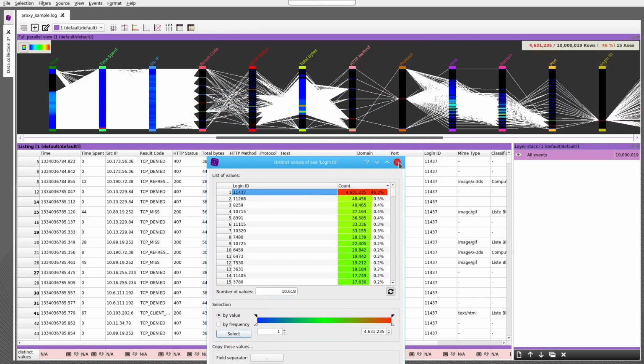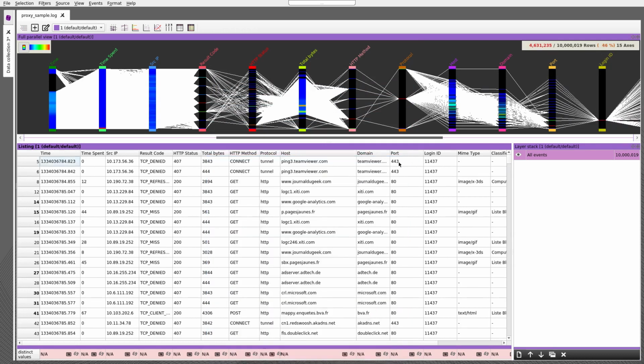We then notice that an extremely frequent value appears on the total bytes column, which corresponds to the size of the request. After a more in-depth study, it turned out that this login corresponds in fact to a proxy requiring authentication, mostly returning an error page of fixed size, as the predominant presence of the status value 407, meaning proxy authentication required, could let us guess.